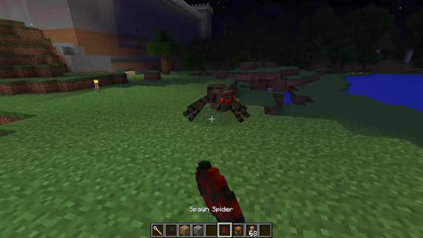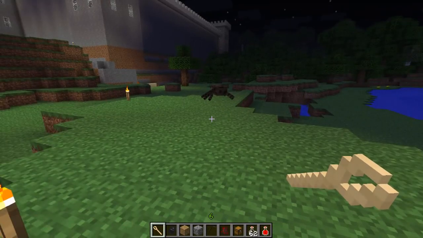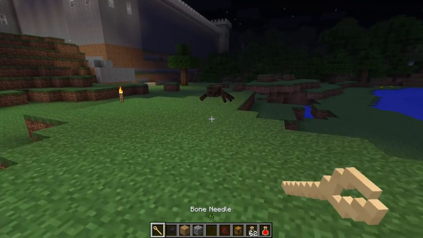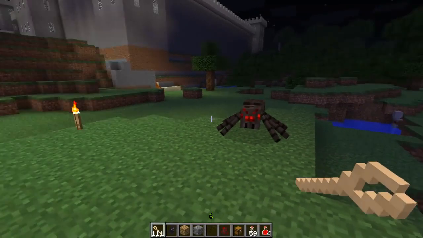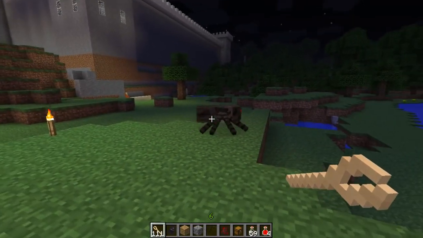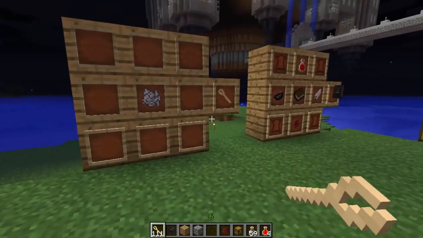So what we're going to do is spawn in this spider here, and all you need to do is click with the bone needle, and you actually just kind of stab them with the needle and create a jar of blood. It doesn't actually do damage, I don't think. It just kind of collects the blood from them. But anyway, that is how you get your jar of blood, and you're going to need to use this